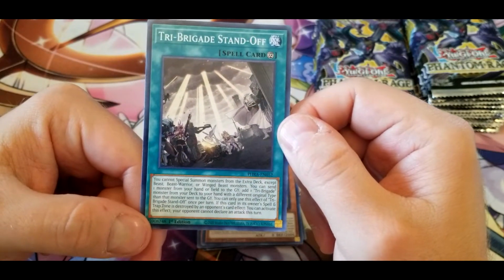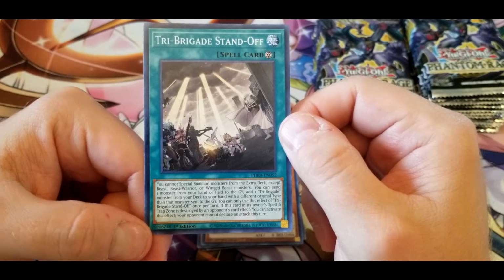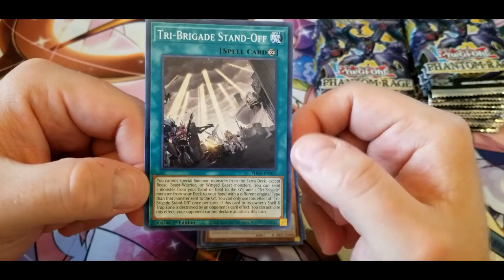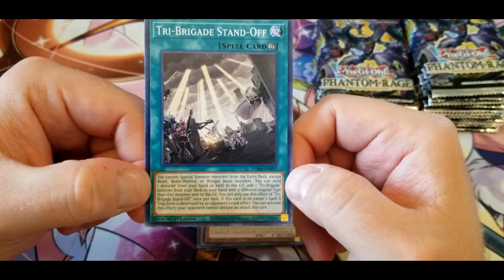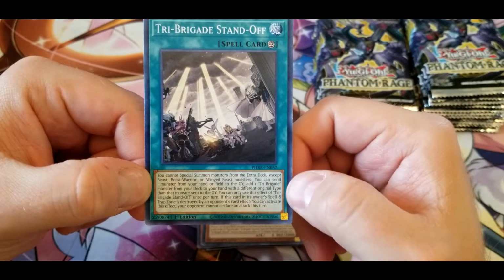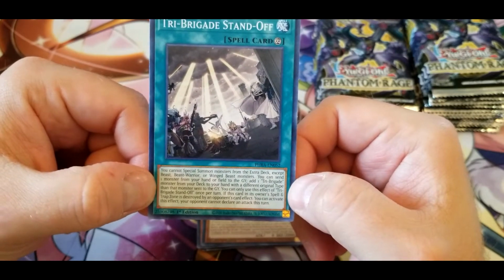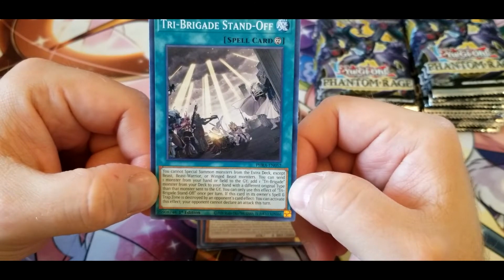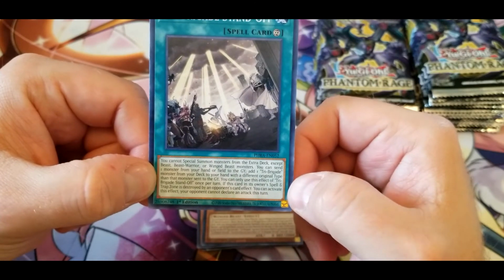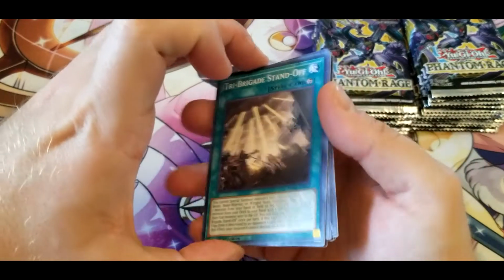And Tri-Brigade Standoff. You cannot special summon monsters from the extra deck, except beast, beast warrior, or winged beast monsters. You can send one monster from your hand or field to the graveyard, add one Tri-Brigade monster from your deck to your hand with a different original type than the monster sent to the graveyard. You can only use this effect once per turn. If this card in its owner's spell and trap zone is destroyed by an opponent's card effect, you can activate this effect. Your opponent cannot declare an attack this turn. So, has some decent...